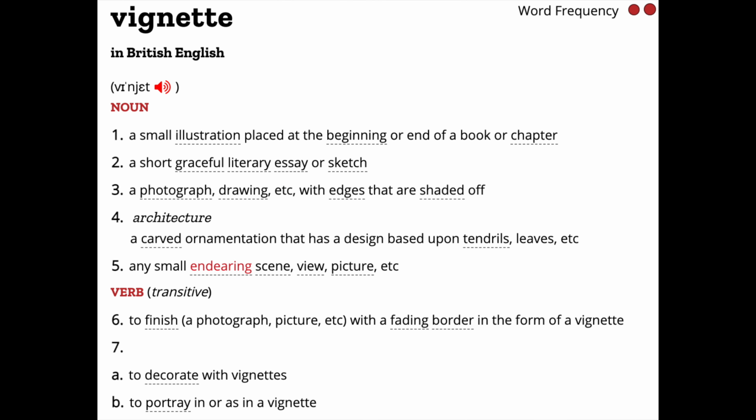Okay, that can be called a vignette. And also a short, graceful literary essay or sketch. So that's the same idea, right? If you're giving a short something, just like that book that brought all the debates in science into a small book. So that's the same idea, a short sketch. You can call it a piece of writing or a piece of acting, a sketch,